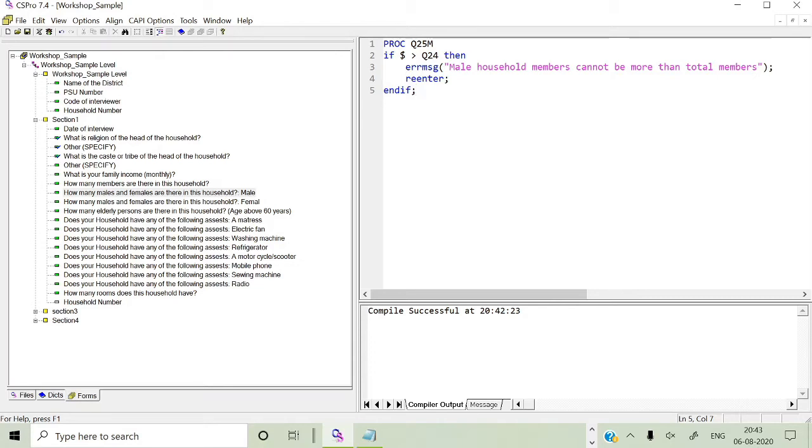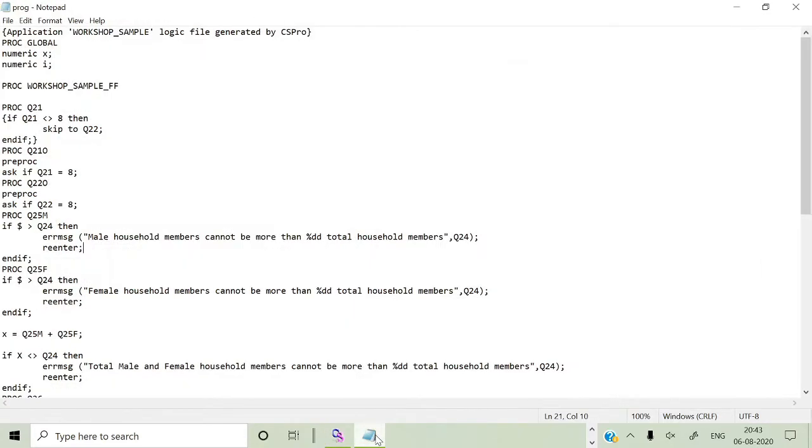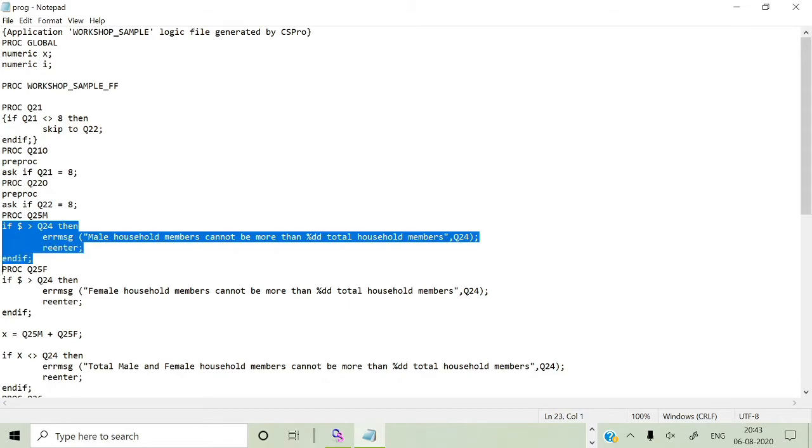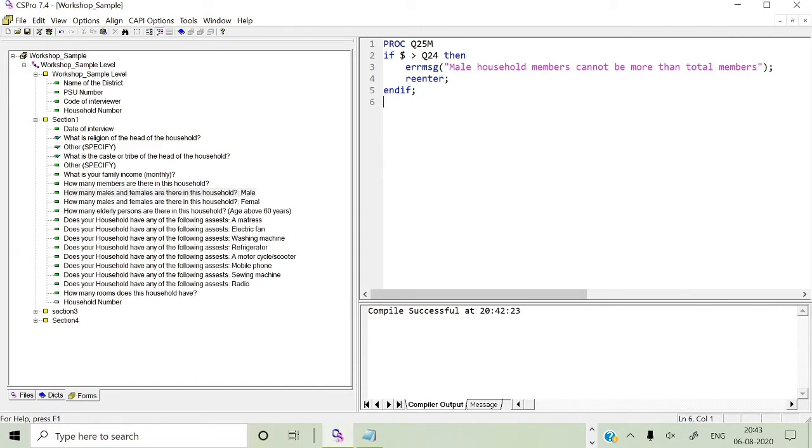So this is the simple programming. But you can do one more thing also. Suppose I want the same programming that I made. Just for time's sake, I am saying what I have done. The same thing, but I have added some components. What kind of components have I added? There is a percent DD.